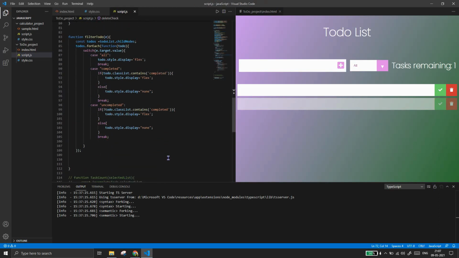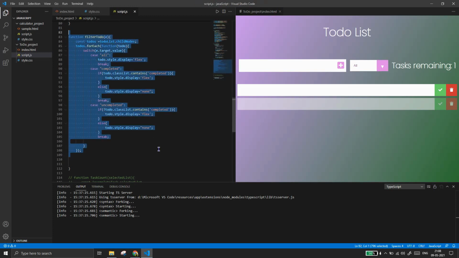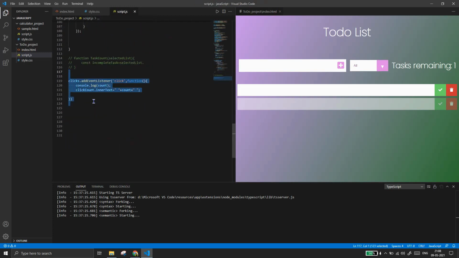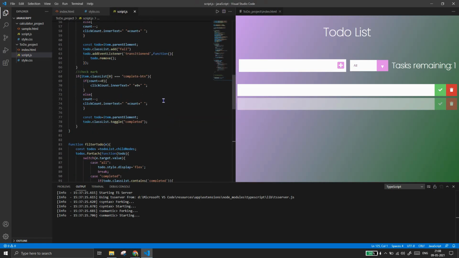And then filter. All that is done in the filter part is because of this function. And the last function is the counter, the number of tasks counter. So this is the code of the to-do list project,